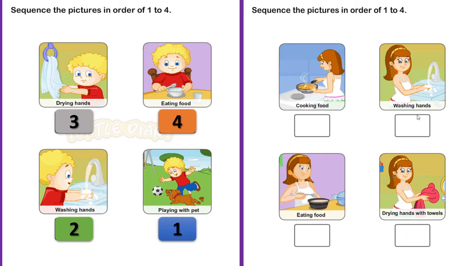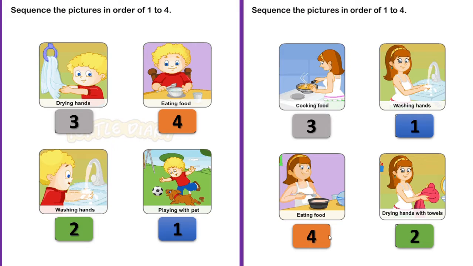First, washing hands. Then she dried her hands with the towel. Yes, very good. Then she cooked her food. Then she ate the food. Right? Like this, we have to order these pictures according to their sequence. Okay? Let us move further.